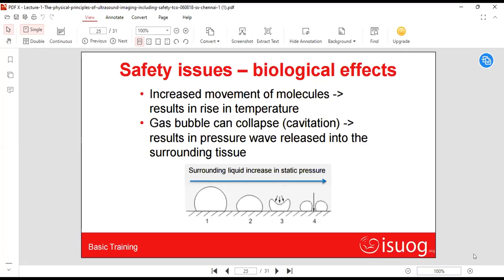Because so far, of course, we say that there are no proven biological effects with the frequencies we are using. Let us say we are using 3 to 20 or 3 to 15 MHz, then not many effects are proven to date. But we don't know how much exposure a tissue can tolerate. Let us say I am scanning, and if I scan for a longer period and look at the same structures for a long time, it may affect those tissues. Next slide, please.